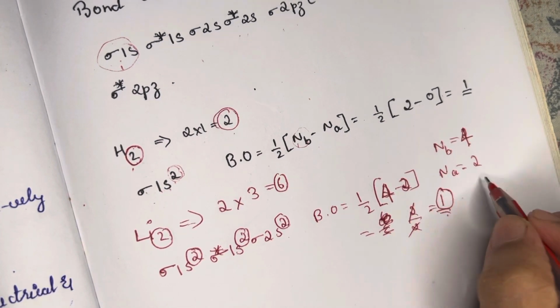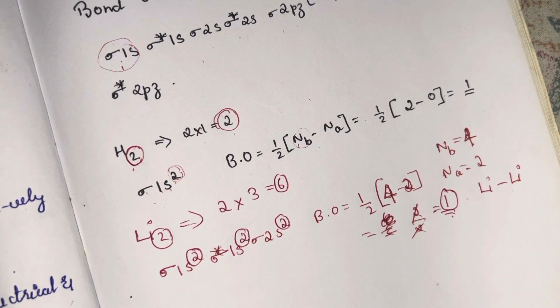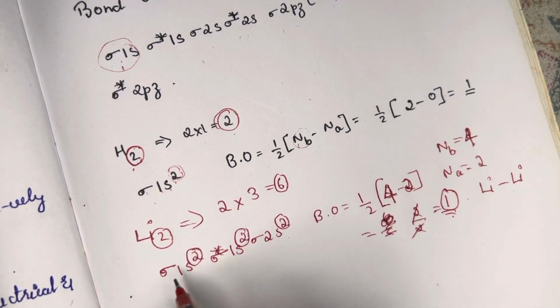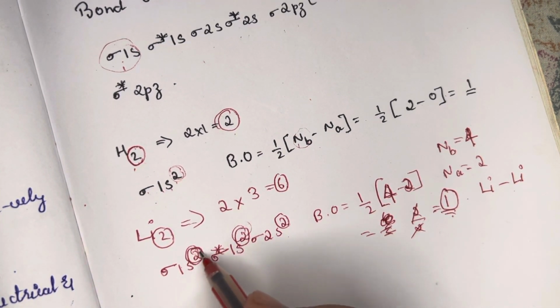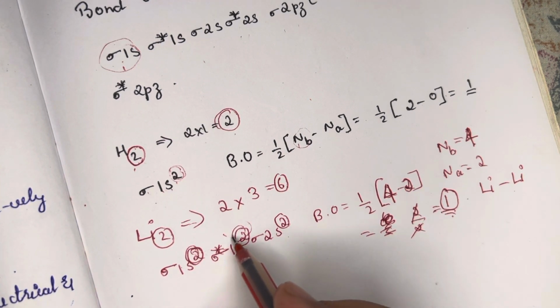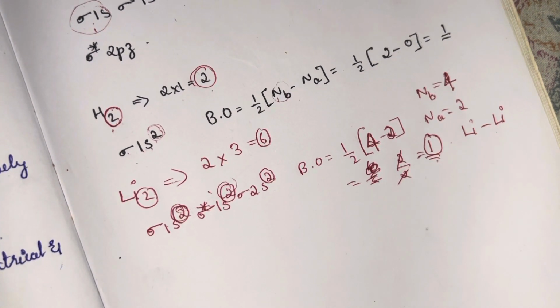1 means what? Here the lithium molecule forms a single bond. So after that you can write it forms a single bond. And again we need to check whether it is diamagnetic or paramagnetic. See here, it is diamagnetic, right? Since each orbital is having 2 electrons each, it is diamagnetic. If there is even one electron which is left unpaired, then it is paramagnetic. So we'll know about it when we solve more examples. And again